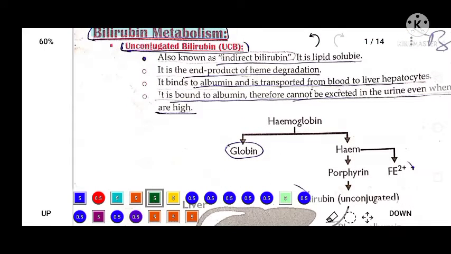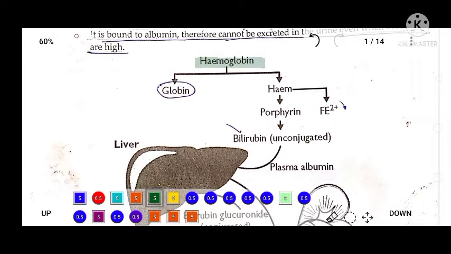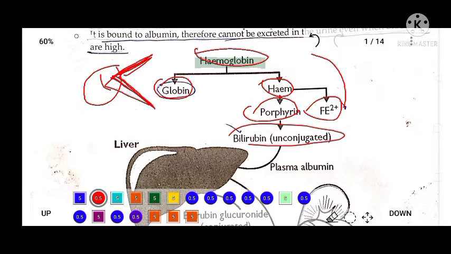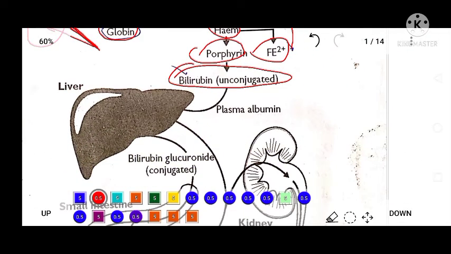What is the difference between unconjugated and conjugated? Unconjugated is indirect bilirubin, which is lipid soluble and is the end product of heme degradation. Now look at the metabolism of heme. When RBCs are broken down, they release hemoglobin, which splits into heme and globin. Heme is broken down into porphyrin and iron. Iron is reabsorbed, and porphyrin is broken down into unconjugated bilirubin, which then goes into the liver